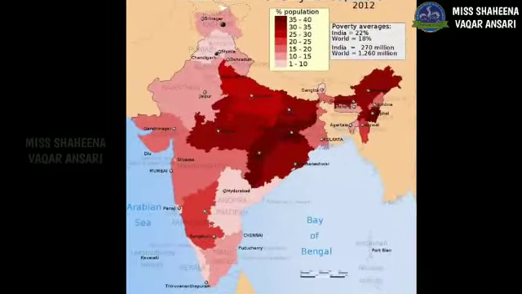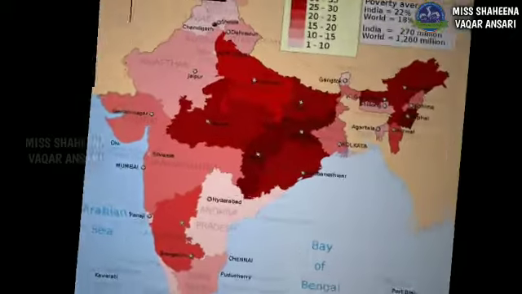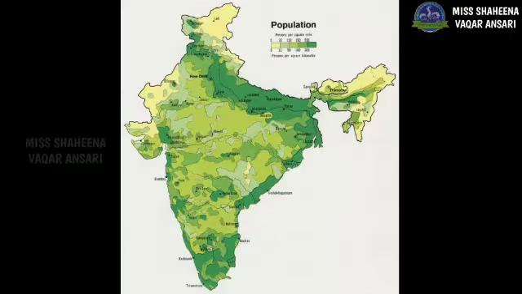They have used the dot method. They have also used the choropleth method. It will make you even more and more concerned about your own country and the spread of coronavirus. This is the choropleth method.